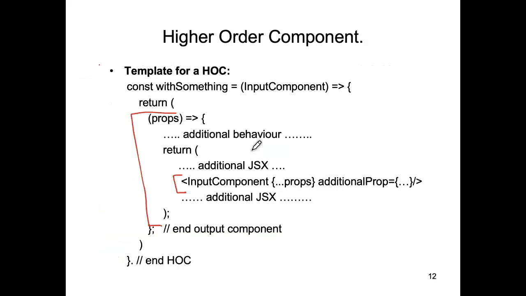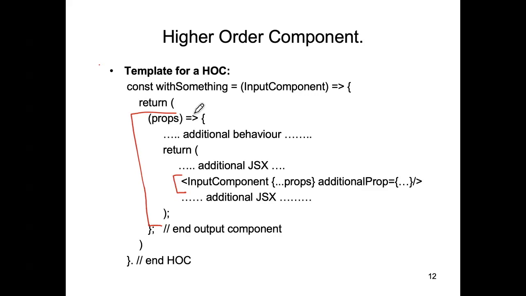Before we look at the specifics of the code for that little sample, here I'm showing you the kind of template for any higher order component implementation. So it's kind of consistent with what my definition was. Here I'm declaring it, and it looks like, well, yes, it is a function because here's my arrow function implementation. It's taking a single argument and it's returning all of this here. And all of this looks like it is a function as well, but it's not just any old function,